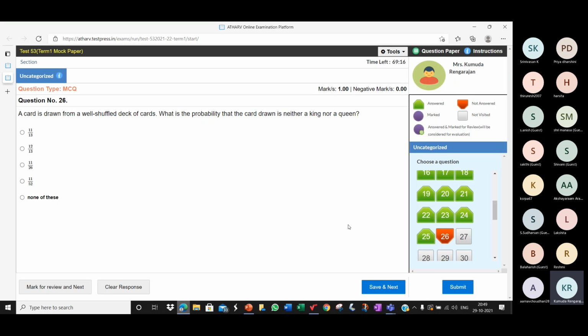Probability of the event happening. We define probability for the happening of an event. What do you want to happen? You don't want king or queen to happen. So then what do you want to happen? Something other than king or queen. So how many favorable? 52 minus 8, 44 cards, you will be happy. If you get one of those 44 cards, you will be happy. So that one in the numerator, 44 by the total 52, which simplifies to 11 by 13.